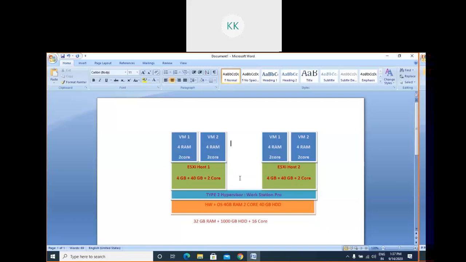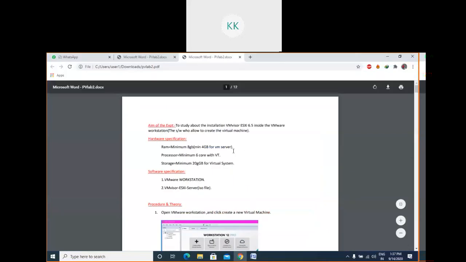So what is the virtual machine? All the components required to form a machine are provisioned or spun from the existing physical one. In this practical, we're going to create one virtual machine, and in this virtual machine we will put one type 1 hypervisor, ESXi.